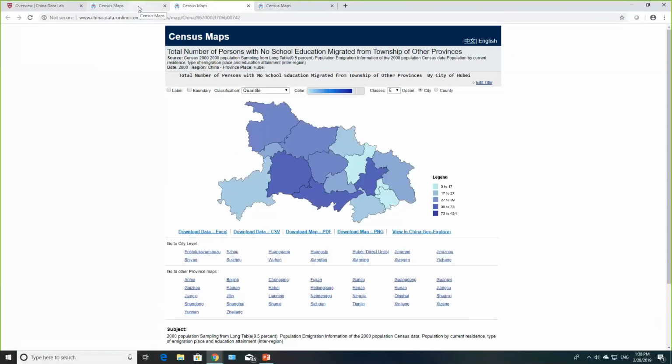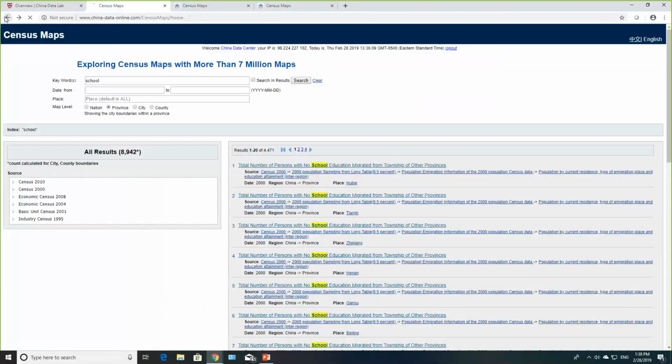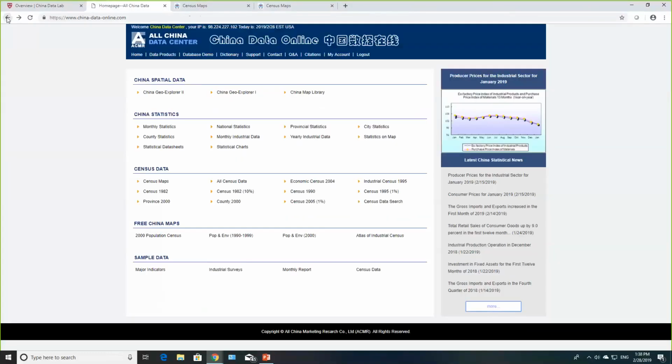Okay, so all these data services still look traditional, because they are either static, in tables, in electronic books, in charts, or in maps. So the new service